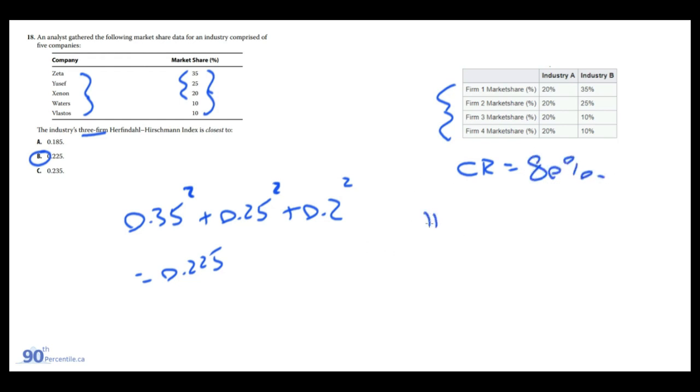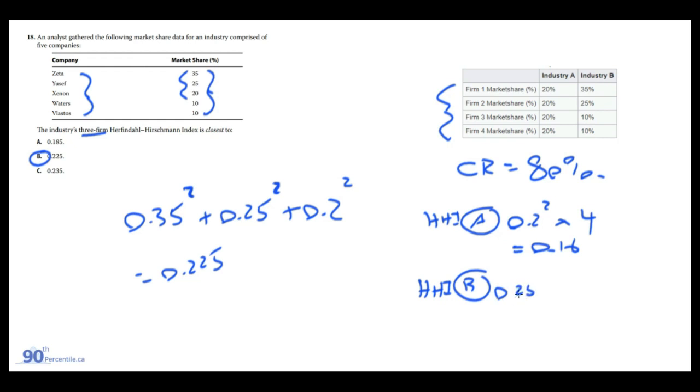But if I were to do the HHI for A, it's going to be 0.2 squared times 4, right? Because all of them are the same, which would be 0.16. Versus the HHI for B, which is 0.35 squared plus 0.25 squared plus 0.1 squared plus 0.1 squared, which is actually around